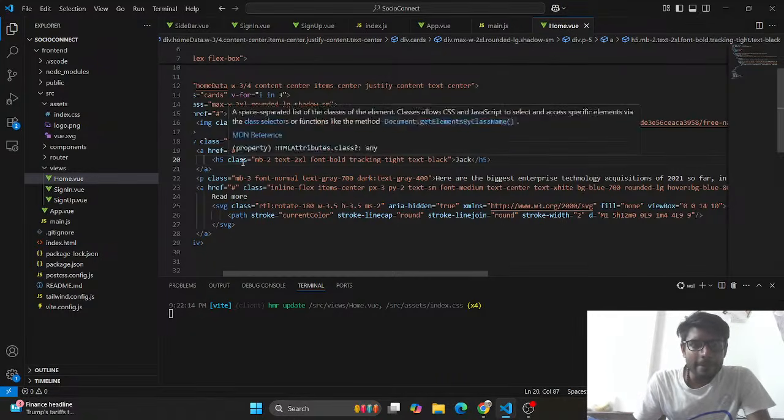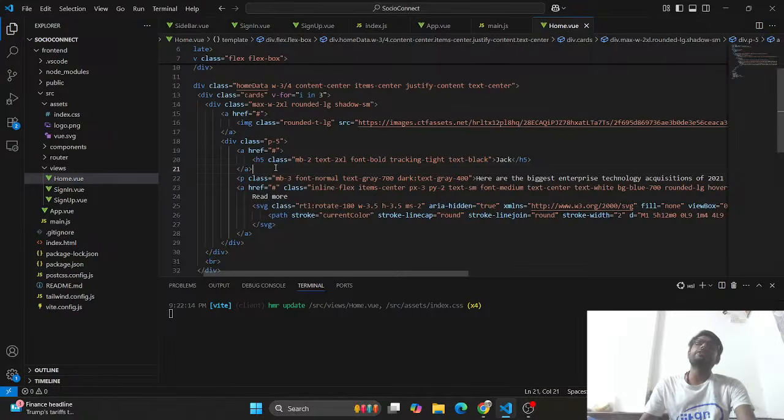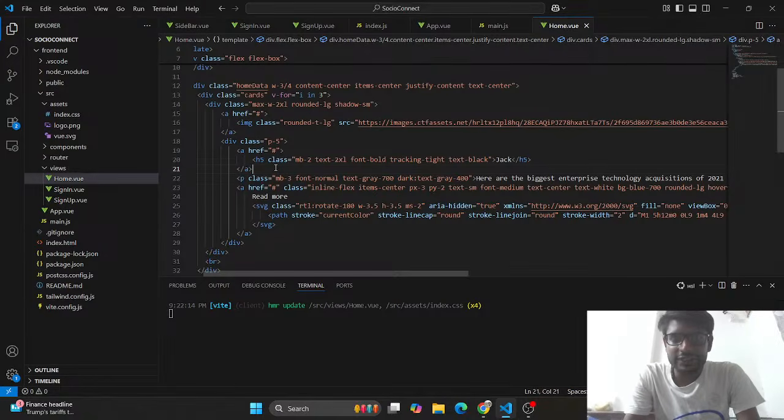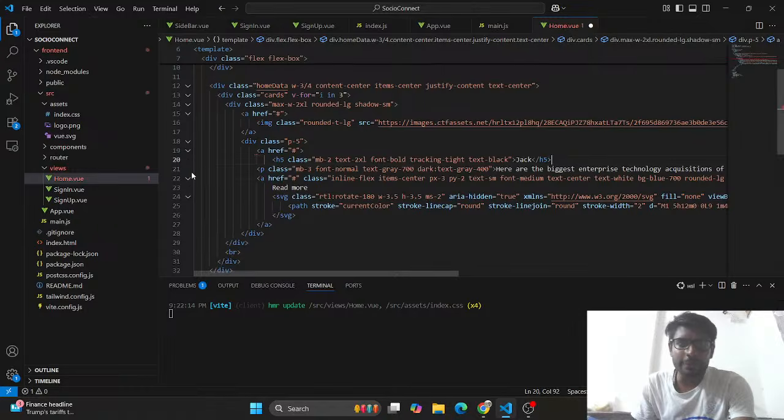We want, this is not a link, yeah, this should be a link to that profile page, or his profile page, where we can see it. That is a part of the latest stage; we can make that when we create a following and follower page. By now, let's remove this